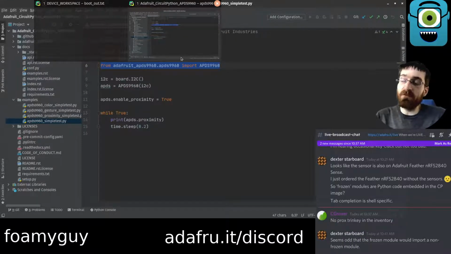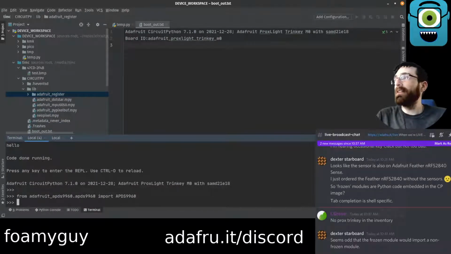I guess maybe it's a way. Could I tie together the I2C bus of 2 boards, like an Itsy Bitsy M0 and a Feather Sense? Could I tie together their I2C bus and their power? No, this seems